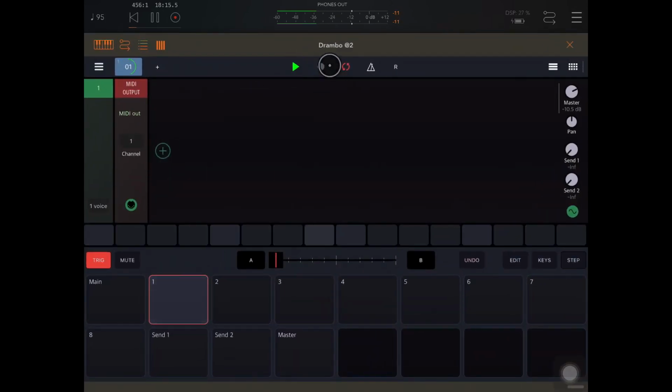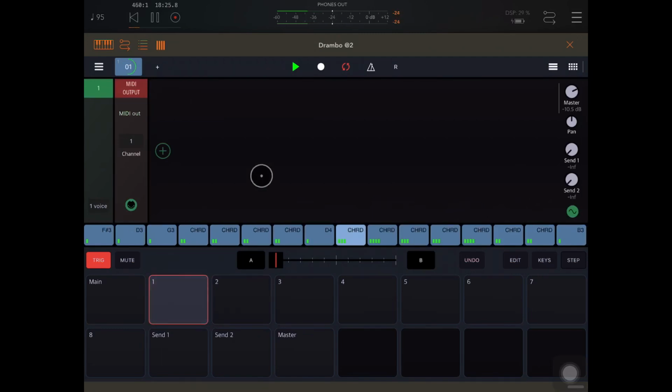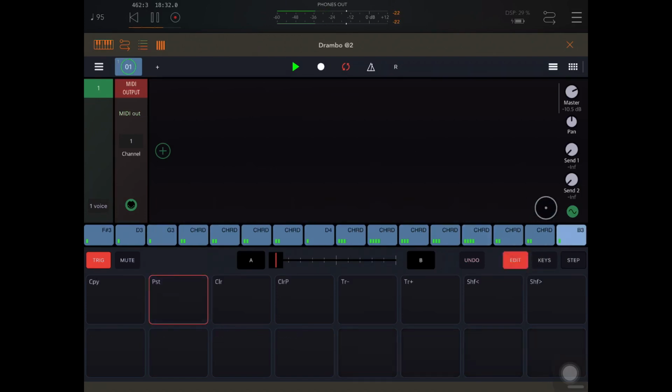Okay, so I just want to record this. Now, if I record it quantized, it's not going to play back the same way, because it was not playing in a quantized way. So if I need to delete some steps, it's easy to do. I just go to edit, and I can tap them all out individually. That's not a problem. But if I want to do it quickly,